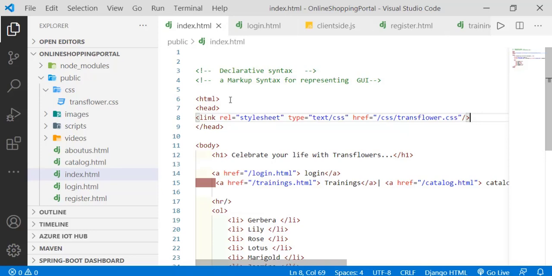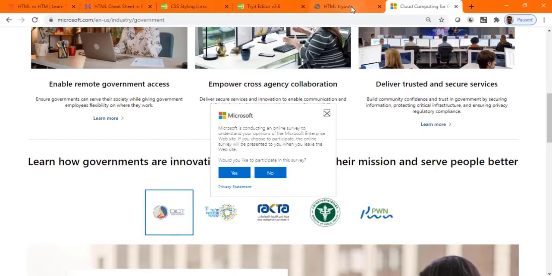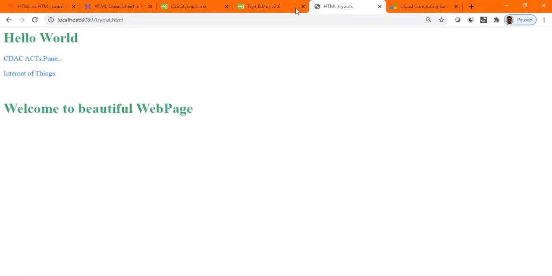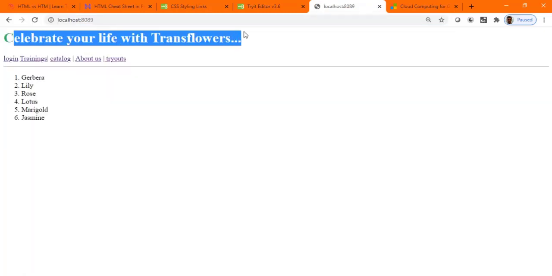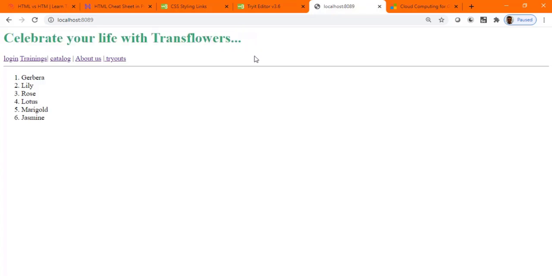So if I say that, you will really find your landing page, which is available right now at http://localhost. If I just enter this, I get this page. But if I go to the main page, you find the same font has been applied wherever a header is there. So if you are going to have hundreds or thousands of pages and you want consistency, I think separating your styles from your HTML elements and HTML file is a good practice.